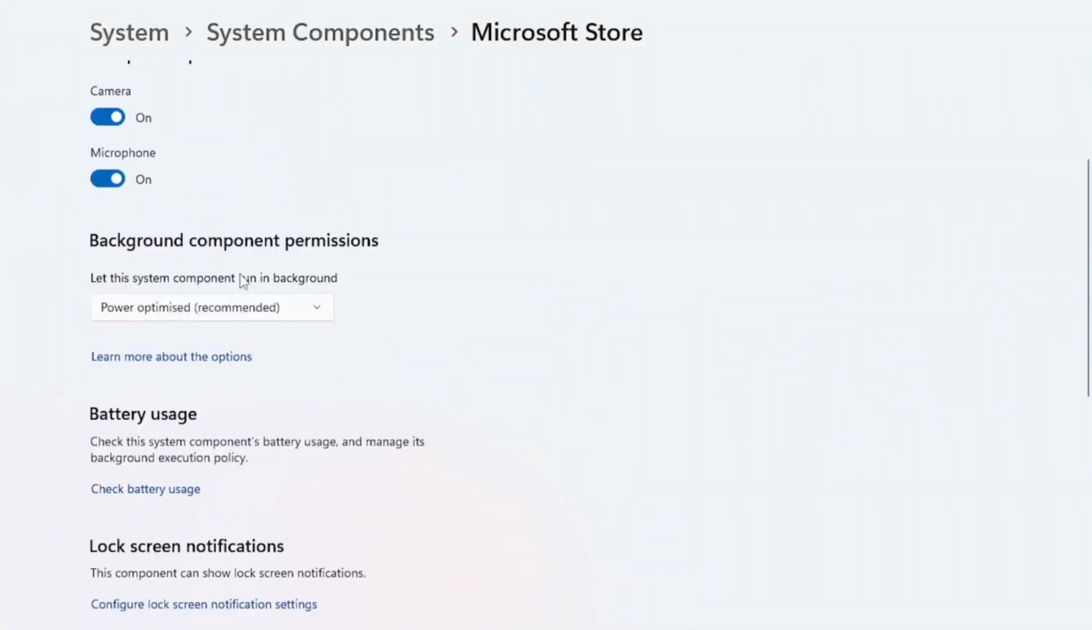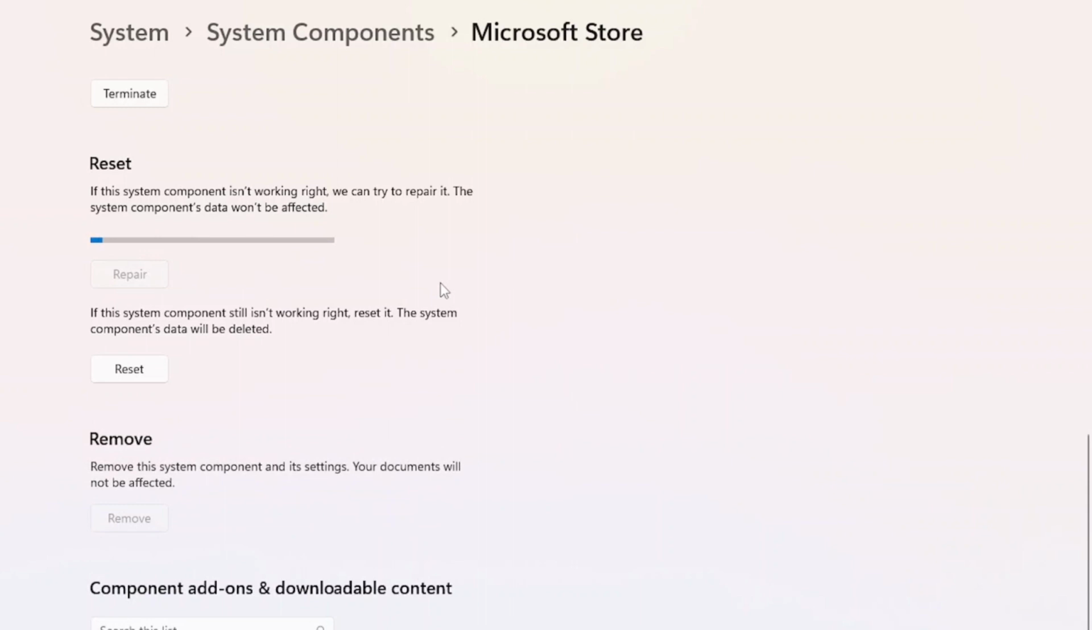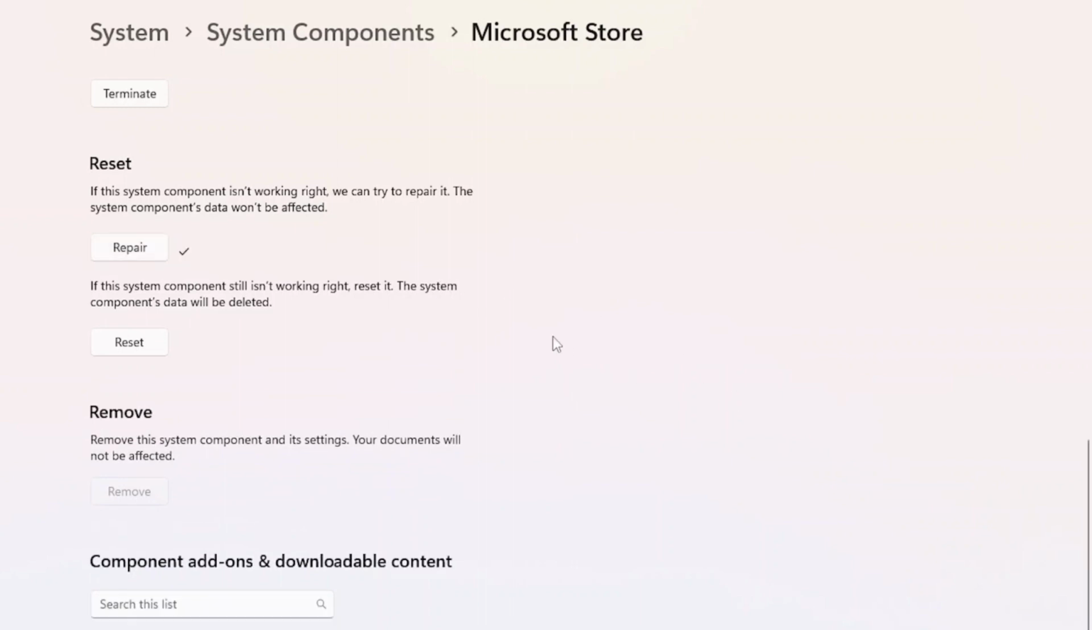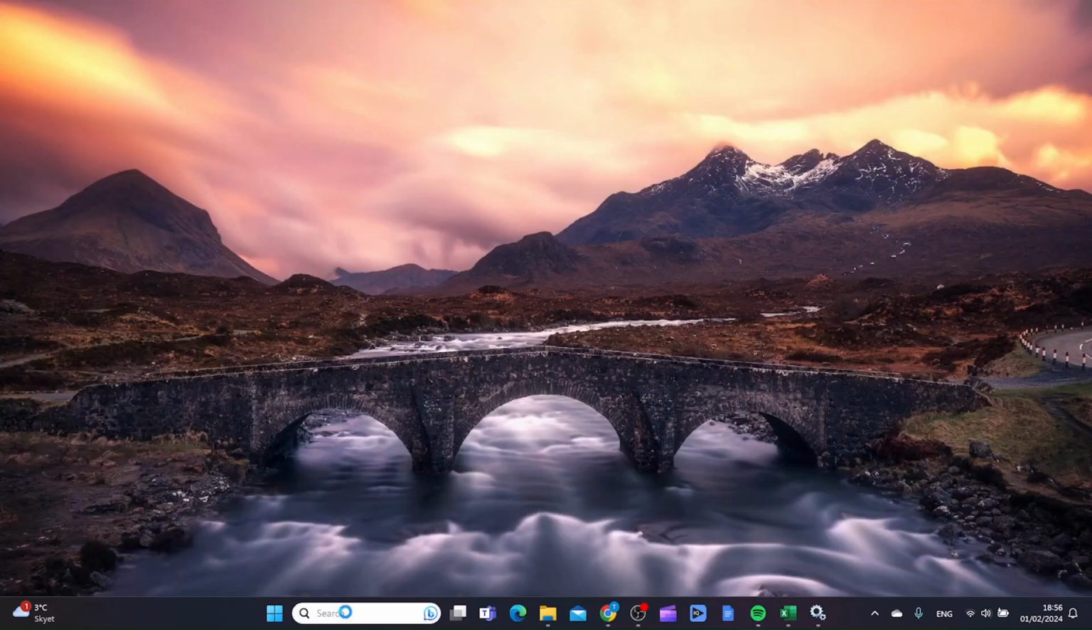And inside here you want to scroll all the way down to where it says Reset, and here you want to click Repair. And now you want to try it again. If this is not working, you want to click Reset. And if you have tried Reset and it still doesn't work, you want to go down to the search bar again,